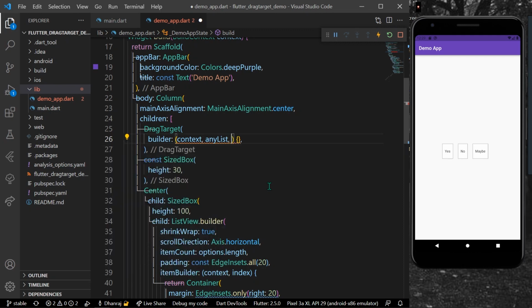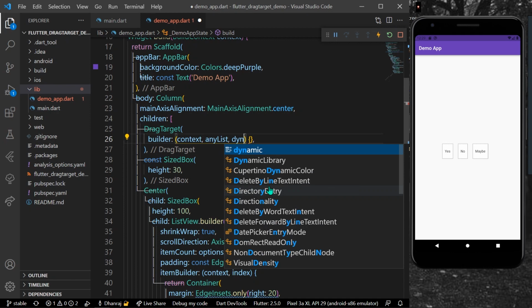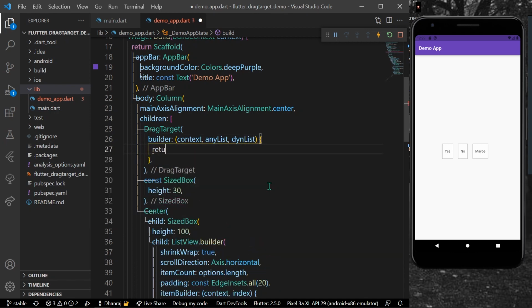And for dynamic, let's write something like someDynamicList, like this. Inside the builder, we can return what we want to show, or what will accept our draggable widgets.